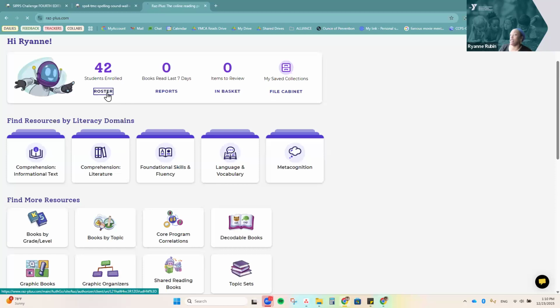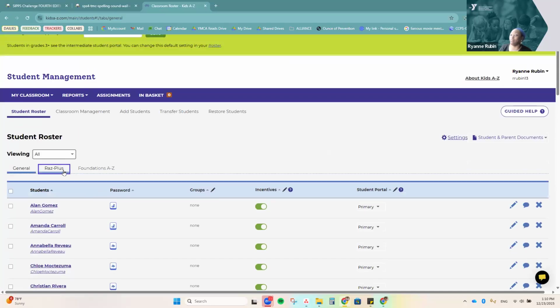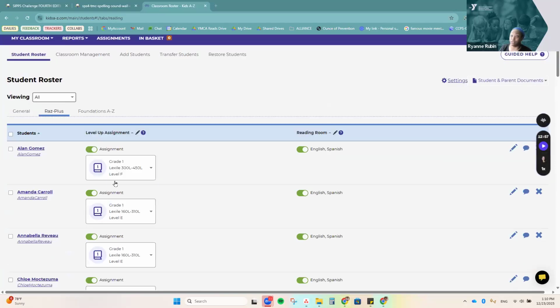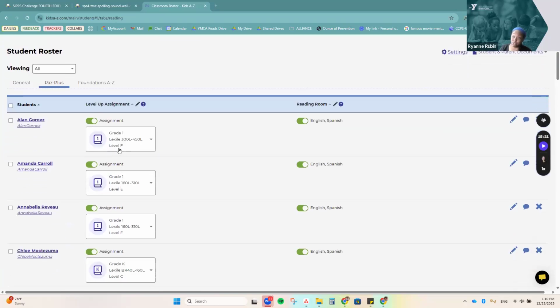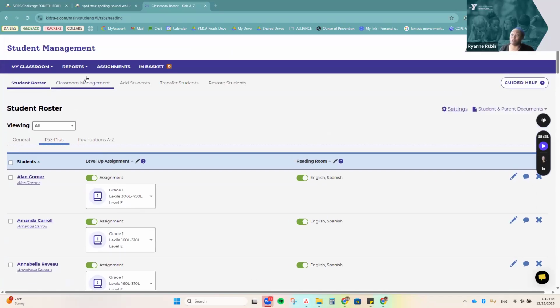So when you go into the roster for your students, all of them should have a level under their RAS plus. All of them have a level. Like this particular student is level F. So you'll be able to go in if you're printing books, because some people are having issues with tablets. I'm fully aware of that. You're able to go into the activities,